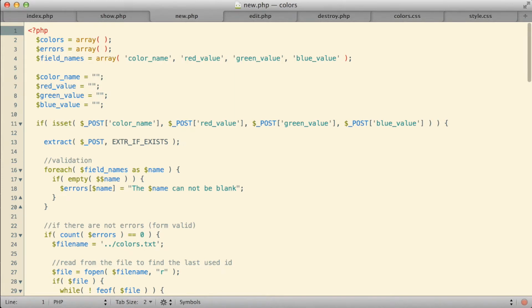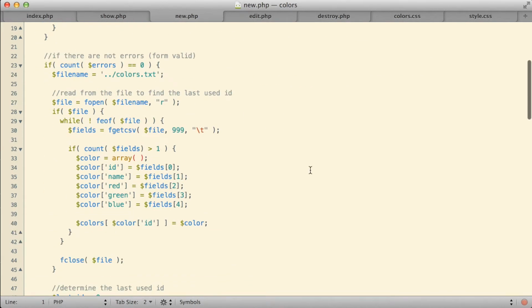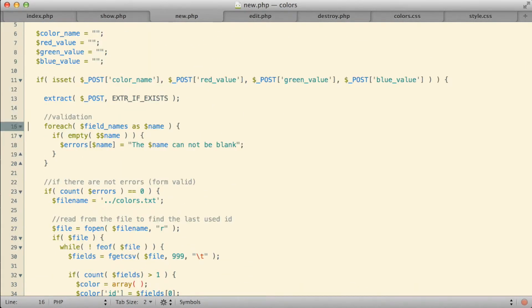Up in the validation for this page, we're doing essentially the same sort of trick. With those field names and a little for each loop, I was able to do all the validation for all 4 fields in just a couple of lines of code. What I had done here with the validation is I'd said for each one of those field names, check to see if a variable of the same name is empty, and if it is, create an error in the errors array for that particular variable. So here, the name is again being used in some information that's being displayed to the user, which makes it not look all that nice.